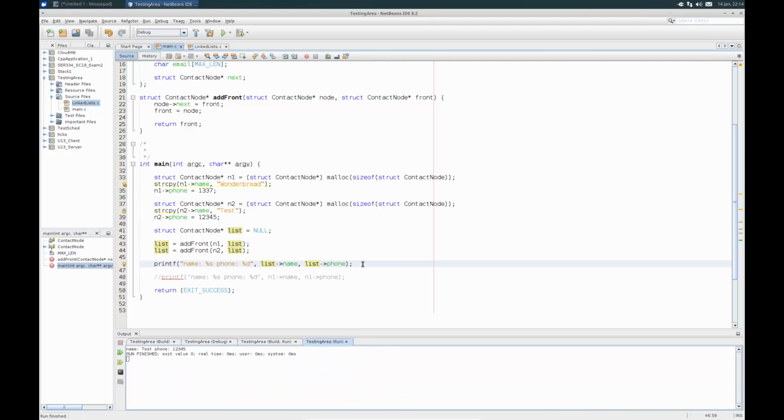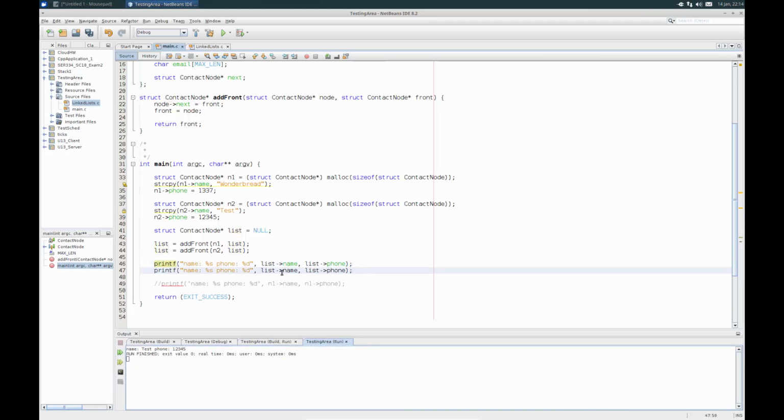All right, cool. One more additional test here. We're going to do this, but we're going to do list next, right? So I want to see that that Wonder Bread entry is still inside of my contact list. So I'm going to add next there, and then next over here. So let's run this, and hopefully we get test and then Wonder Bread. All right, test and Wonder Bread, they're on the same line, but that's just because I didn't put in my \n's, right? So I should have \n over here, \n over here. But anyways, it's still the output we're looking for, so it looks like we're good to go. We've constructed 2 nodes and added them to a linked list.